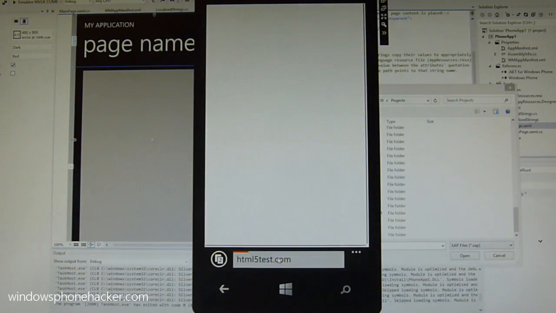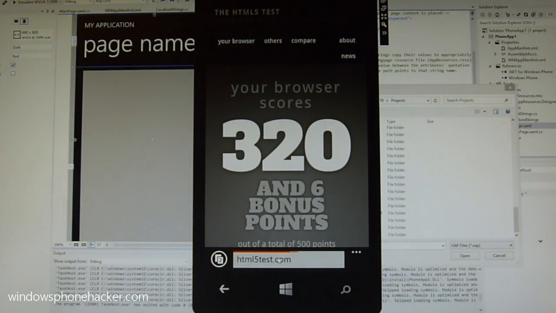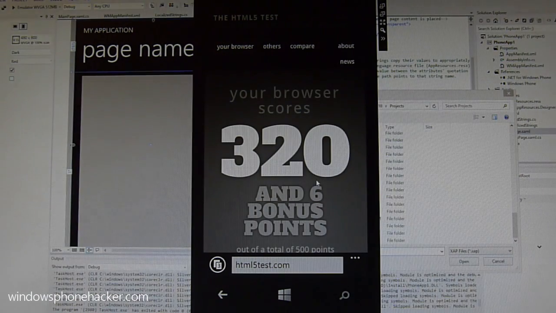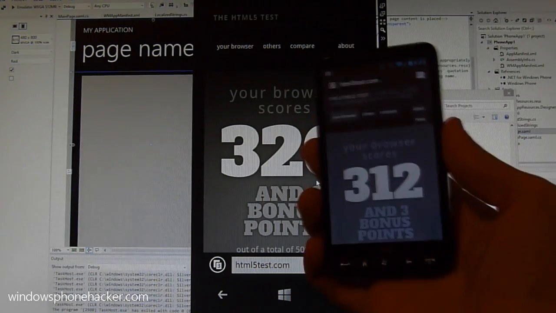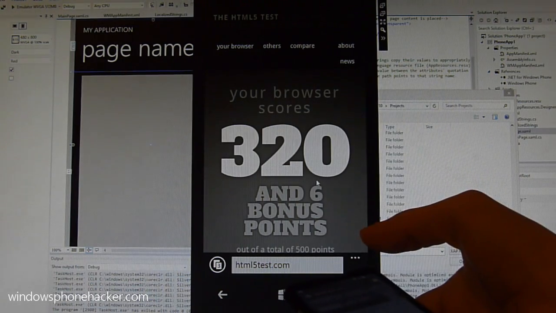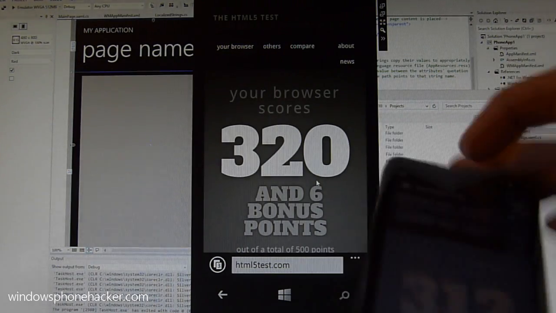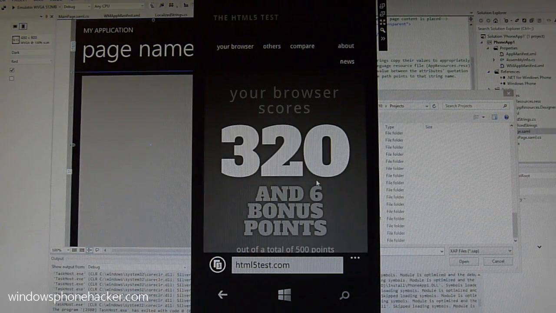IE10 mobile. So we'll go ahead and show you that. And it gets a 320 and 6 bonus points out of a total of 500 points. Okay, so just for sake of comparison, my HD2 running Ice Cream Sandwich gets 312 and 3 bonus points. Though I would like to point out that this device supports all the WebKit animations and all that, and also